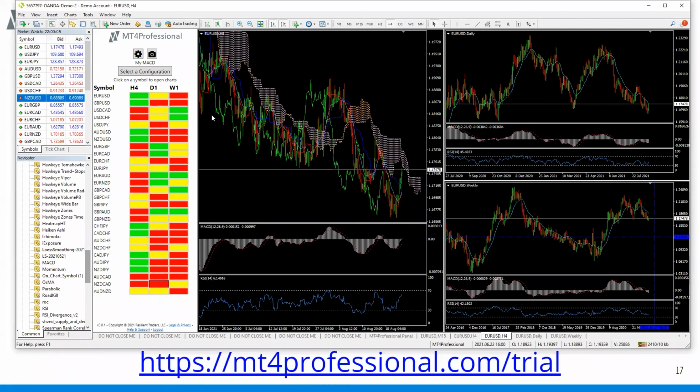And so you would set that up based upon the lot size that you are using. Now, MT4Professional doesn't manage that lot size for you. It also doesn't manage your trade for you. You still have to do that yourself. But what MT4Professional will do, it'll set that up. And if you have a specific rule set that can follow